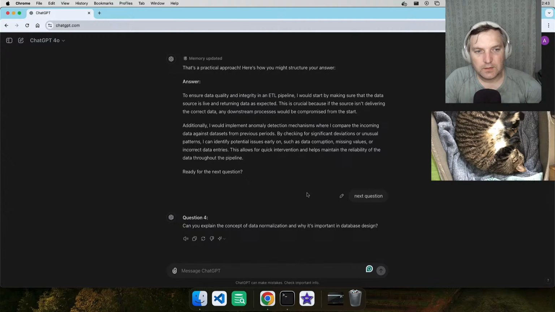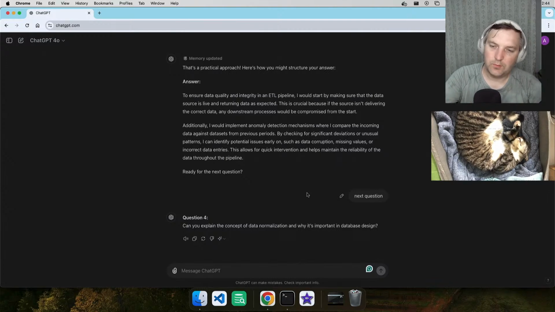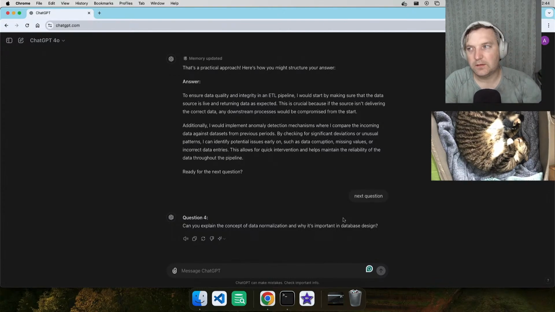Data normalization is usually when you have data in different forms. There is a different number of those. I don't really recall the exact versions, but the idea is you're creating fact tables and dimensional tables, and the idea of that is you're reducing the amount of data you need to scan, but you're introducing the joins. So sometimes you need to figure out if data normalization is really what you want to do. It depends on the database you're working with.